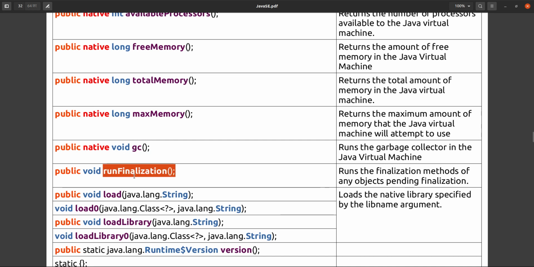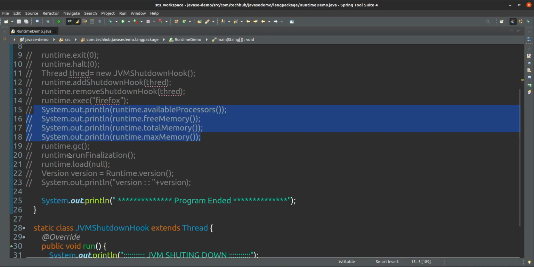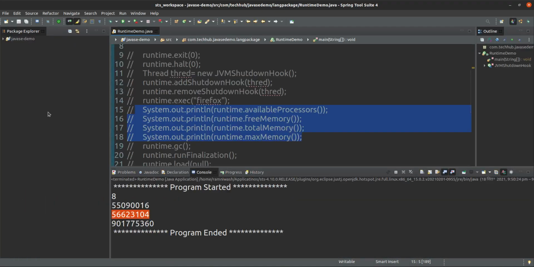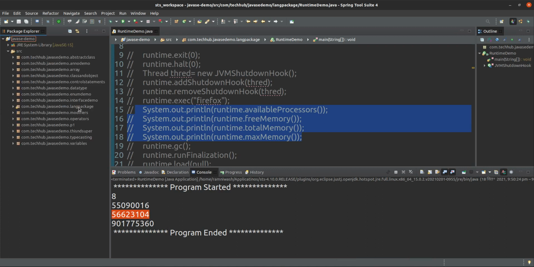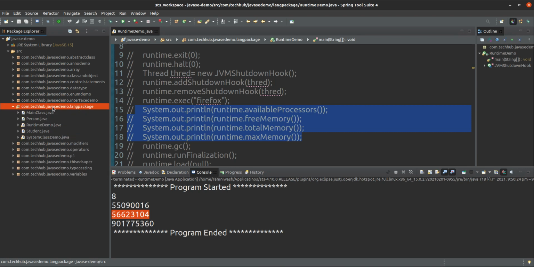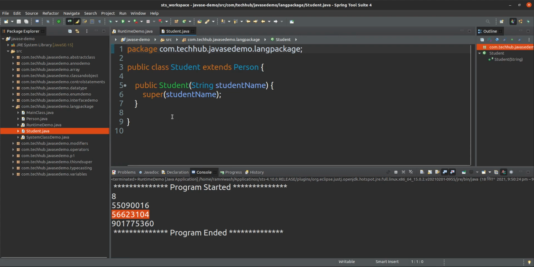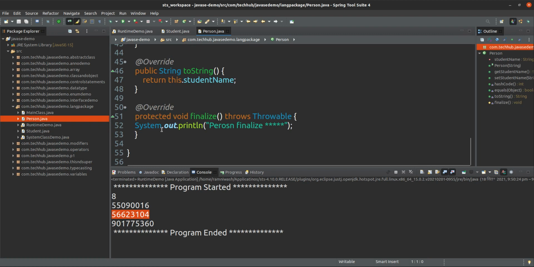Finalization, what it will do, it will call the finalize method. Yes, the finalize method.